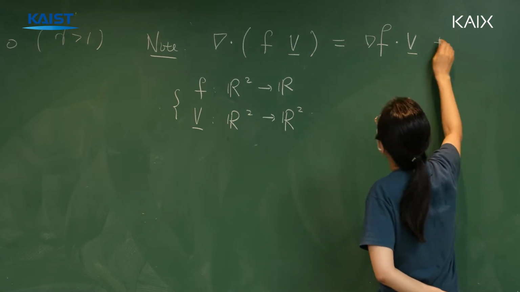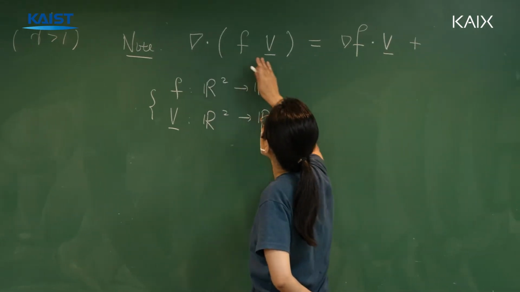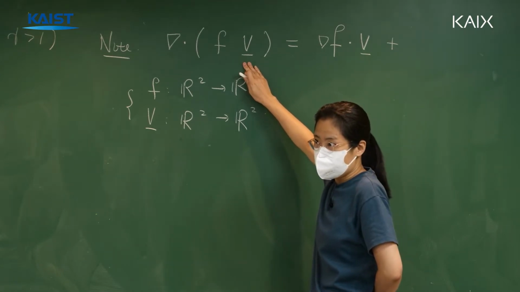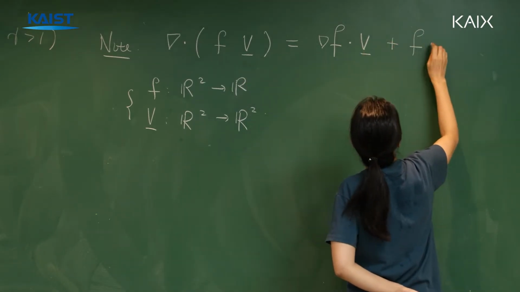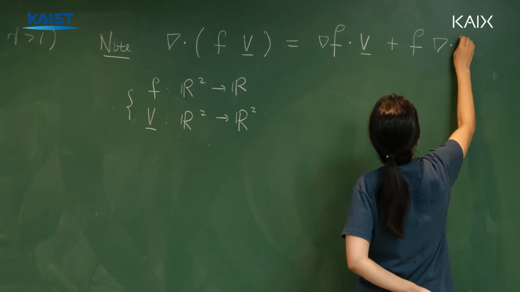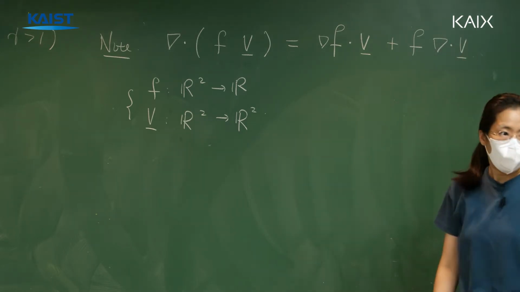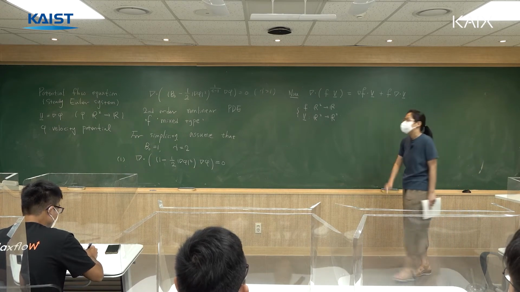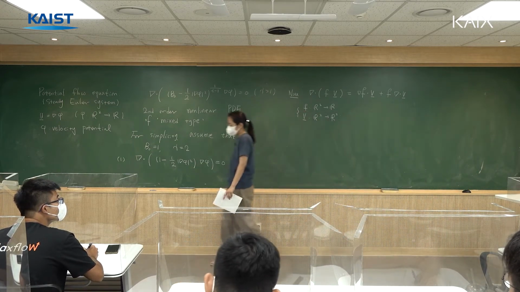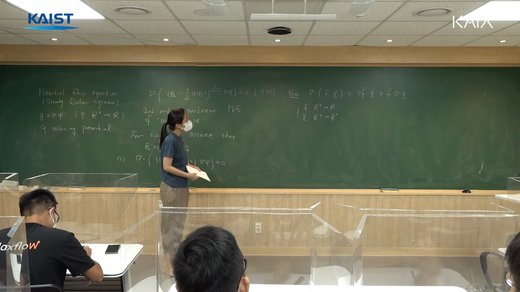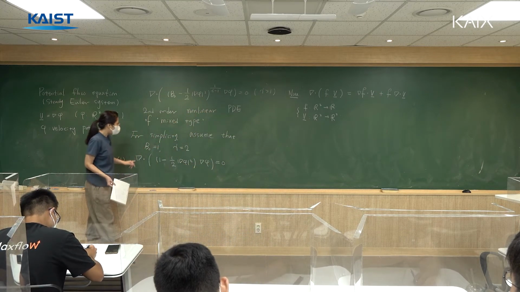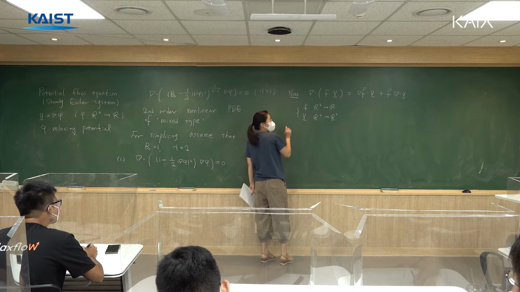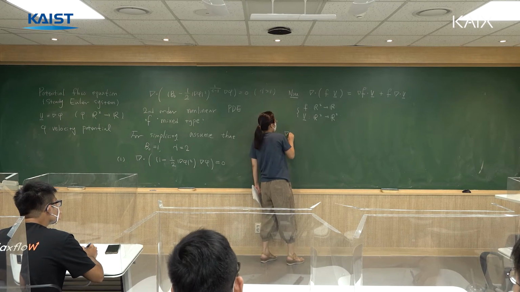And if the divergence acts on v, it truly becomes the divergence of v, so you have f times the divergence of v. That's one. This is really easy to check: you just write it out in component form. Another one, before I get back to here, is if you take the divergence of